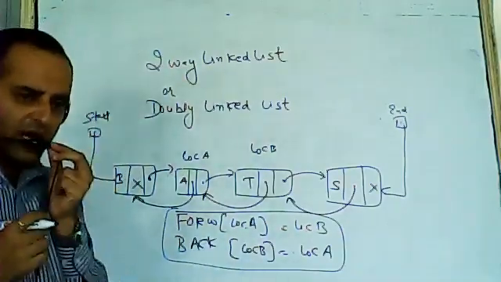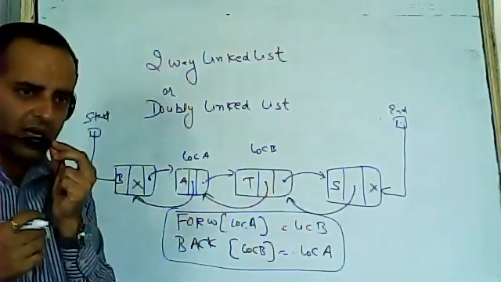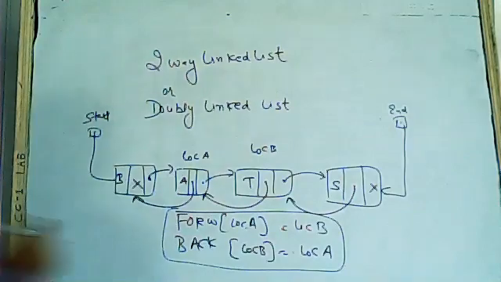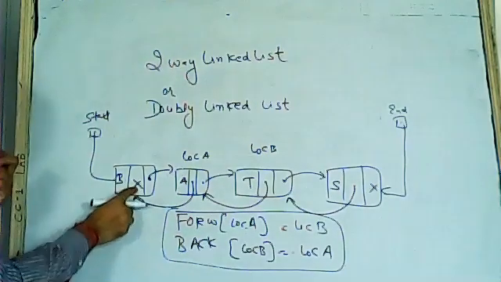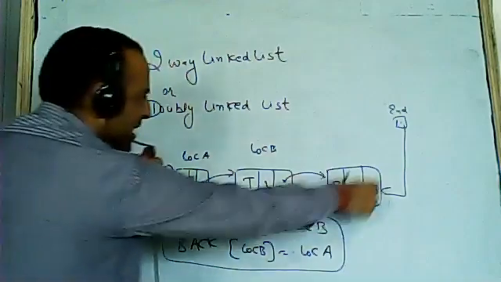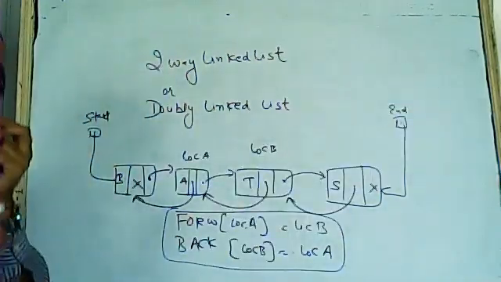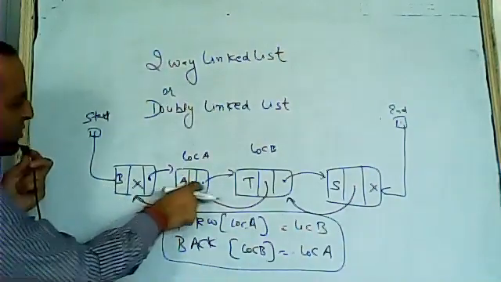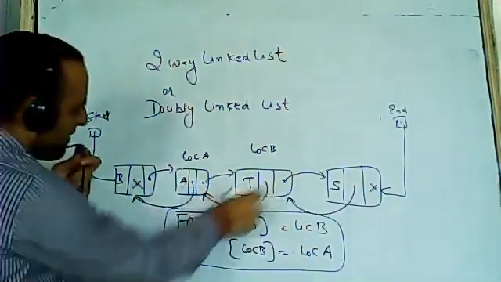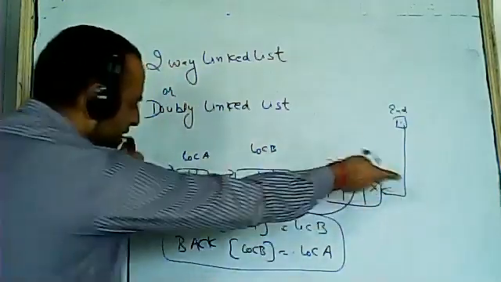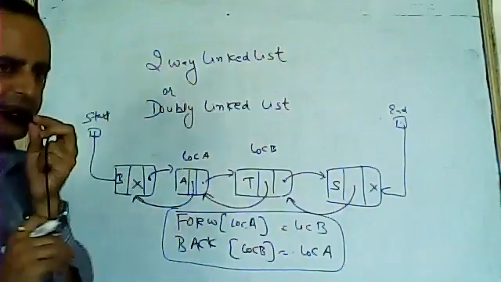Should I move now? Yes, sir. सर एक मिनट इसका नोट कर लें. You can note it down. Here we have null because we don't have any next node. Here we are having null because we don't have any next node. So this is data, address of the previous node, address of the next node, data, address of the previous node, address of the next node, data, address of the previous node, and the address of the next node is not there because it is null.